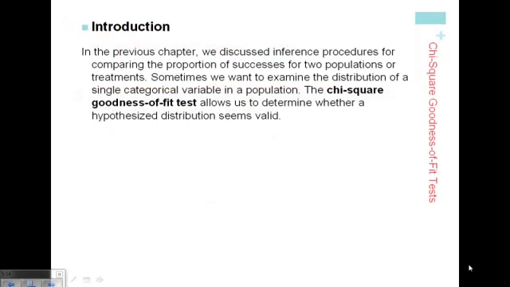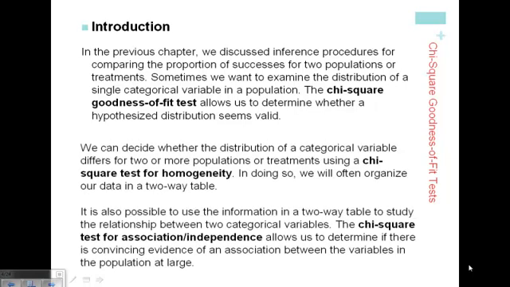In the previous chapter, as I said before, we've done things where we look at categorical data, but we've always put it into two groups, success or failure. Today we're going to look at multiple groups simultaneously. We can decide whether the distribution of categorical variables differs